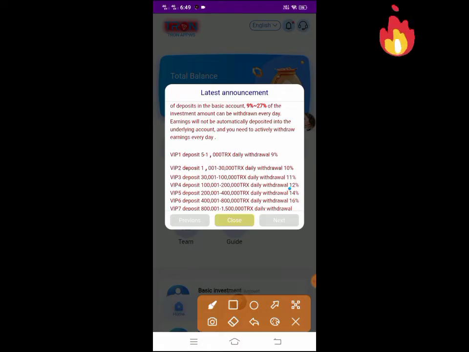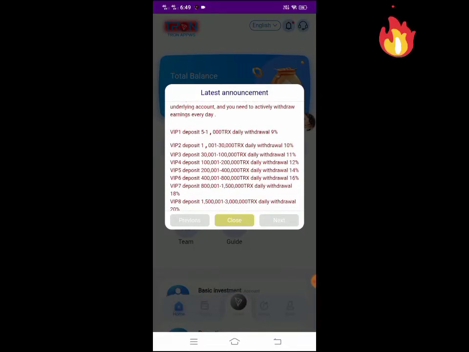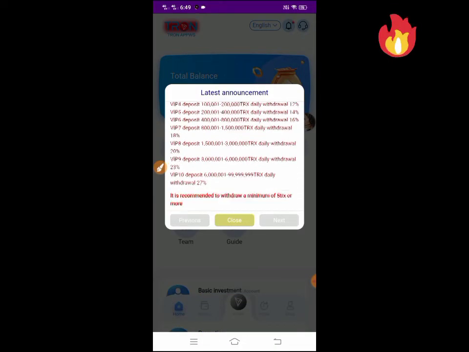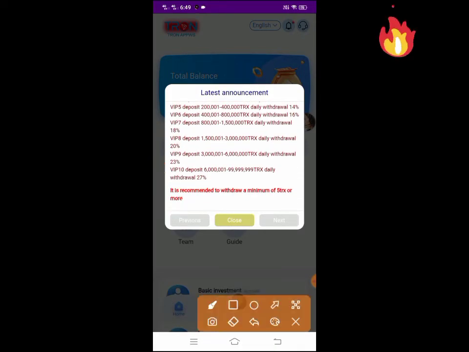VIP 5 level, daily withdrawal 14%. VIP 6, you will withdraw 16%. VIP 7, daily withdrawal 18%. You can see all details of recharging TRX. In VIP 10, daily withdrawal 27%. You can see all the details.